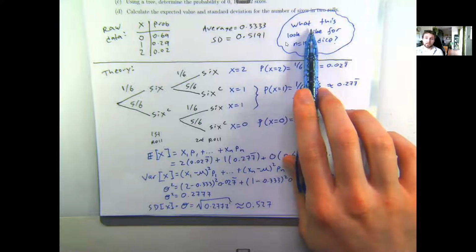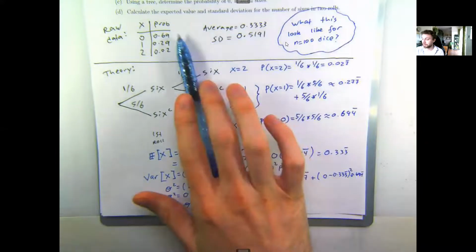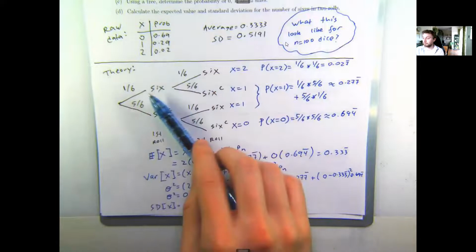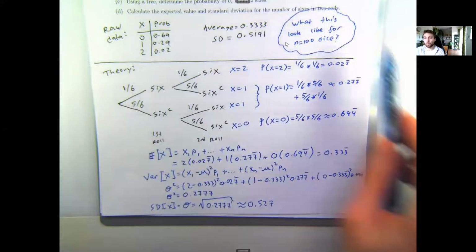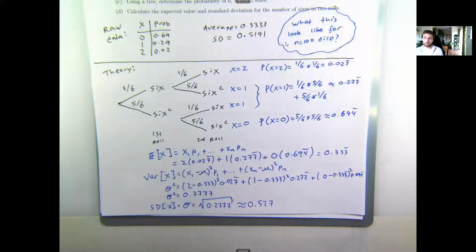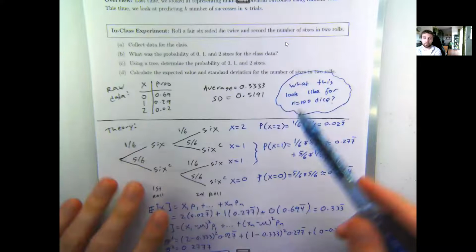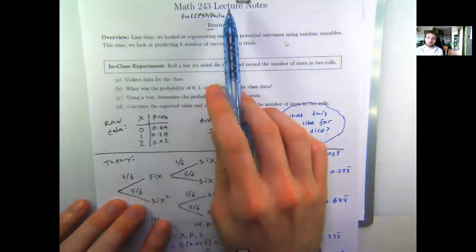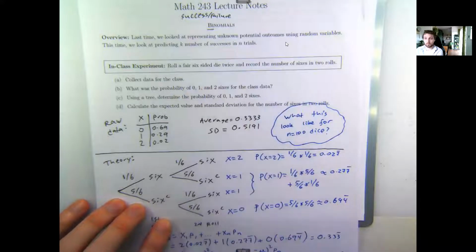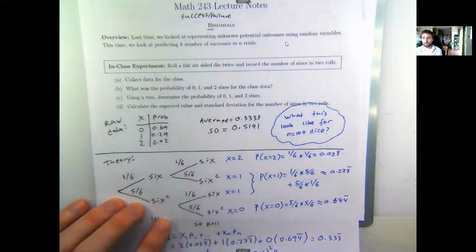And if I can understand the building block for just a single set of branches here, maybe I can find ways to kind of bootstrap this together to avoid having to do these large trees in the future. So that's my goal for today. I want to come up with some sort of a process that looks at these successes and failures for large trials. Before we do that, we're going to build up our toolbox a little bit